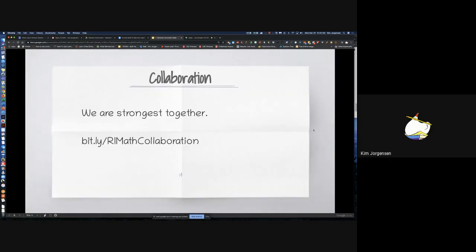this is much better. This is collaboration. Copy down that bit.ly. And somebody please try it and tell me if you're able to get in, because I set it to be shared to everybody at Alisol. So of course, please make sure you're in your Alisol Chrome before you try to get there. And I'm going to wait a little bit so people can write it down.